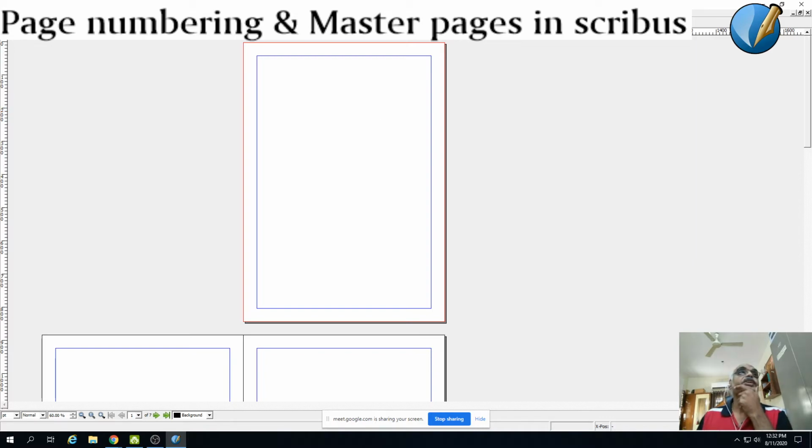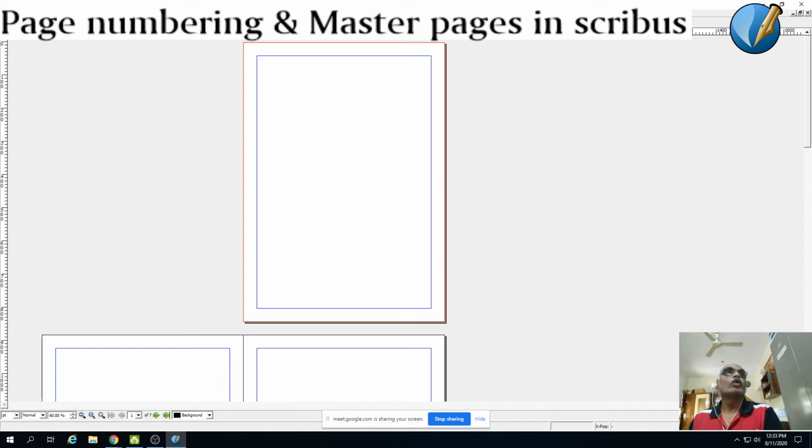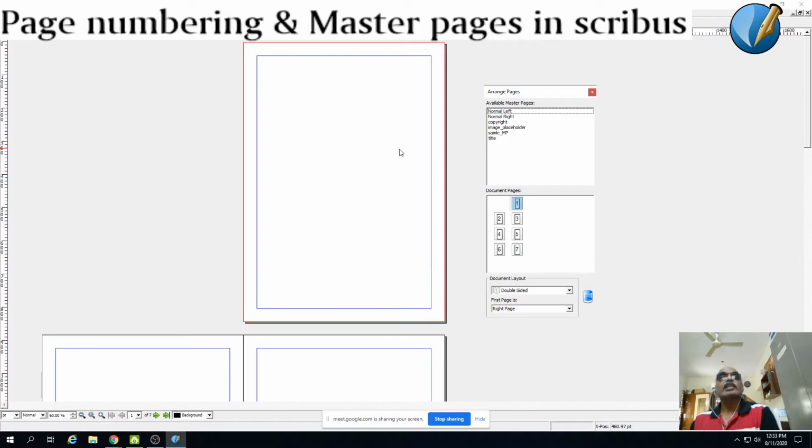So watch carefully. Now I am going to Windows. Then I am going to arrange pages. I repeat again. You watch this step. I go to Windows. Then I go to arrange pages. See, why I am showing this step is you can jolly well complete writing a book, and then also design a master page and apply the same to the pages which you have authored. You want me to repeat this? You can complete authoring a book, and then after completing the book you can apply the master pages.